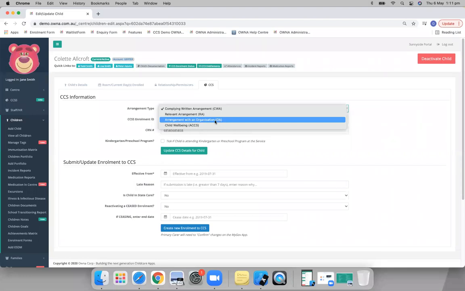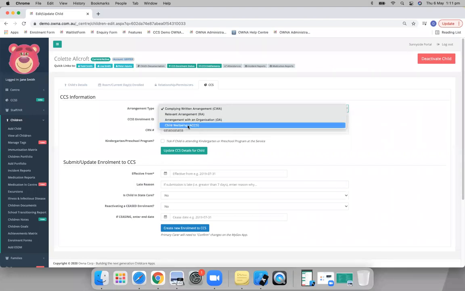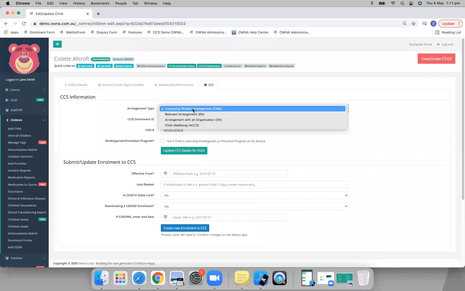Sometimes if it's with an organization, you'll choose an OA, and then very rarely you use the ACCS, okay? I'll explain why about the ACCS in a second as well. So complying written agreement is the most common, and that's where you have your parents fill out your CWA forms and whatnot. And it basically just means that the child is entitled to CCS and they will be